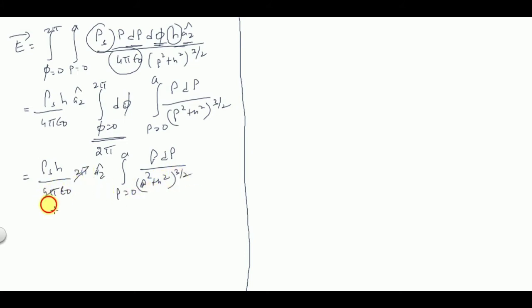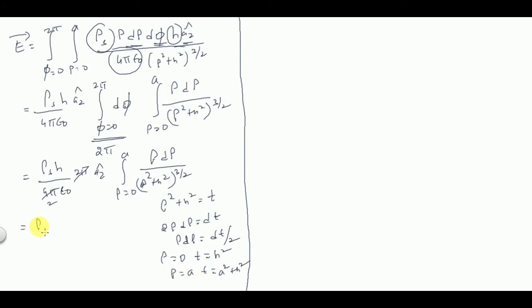So the 2's cancel, and let rho square plus H square be equal to t, then 2 rho d rho is equal to dt. So rho d rho is equal to dt by 2, and the limits also change. When rho is equal to 0, t is equal to H square, when rho is equal to a,